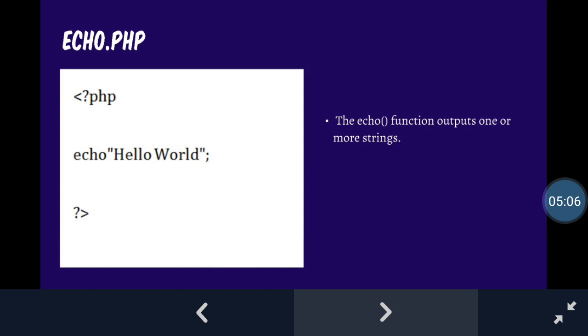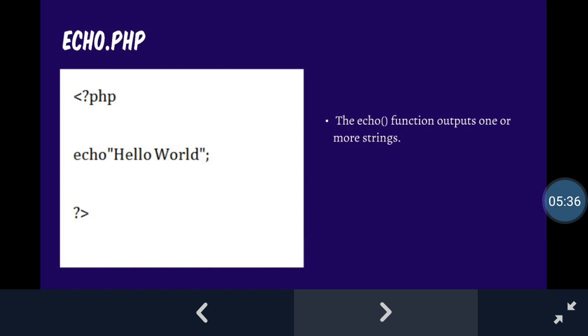In order to code for the PHP, we start our PHP code with angular bracket open question mark php at the beginning, and you can see on the screen that at the end you have question mark angular bracket close. This is the syntax for writing your PHP code. In between comes all the PHP coding.